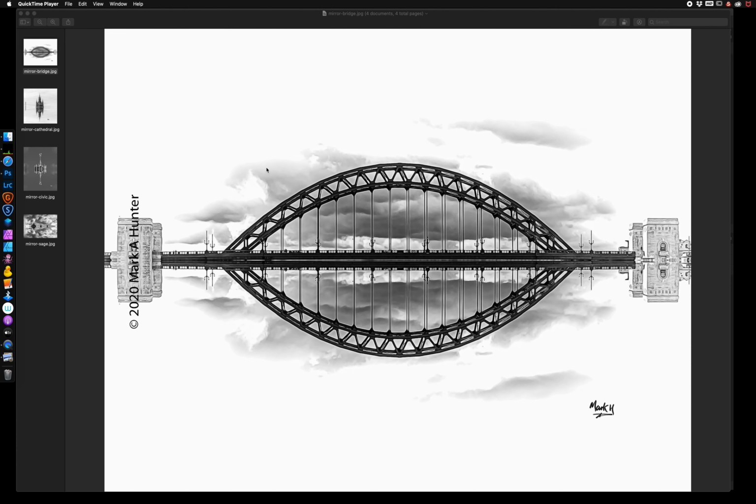Hi, it's Mark. I'm back with another very brief Photoshop tutorial. I wasn't intending on doing this one, but I've been messing around doing some very simple mirror style images from things in and around Newcastle, and I got a few questions about how they were done. And because it's very easy to do and hopefully very easy to explain, I decided to do a quick Photoshop